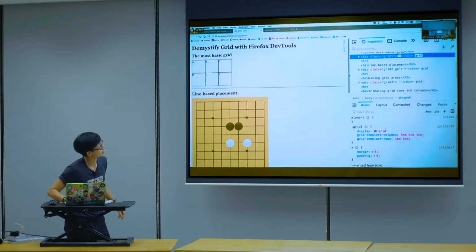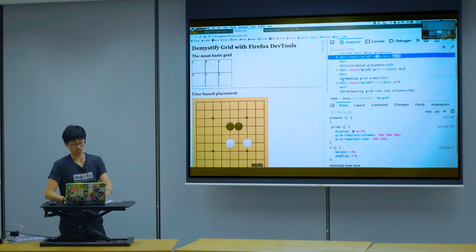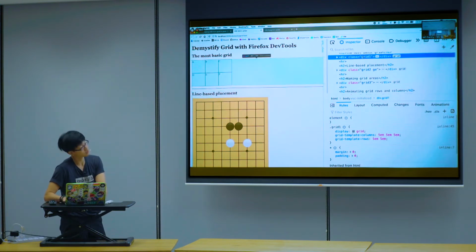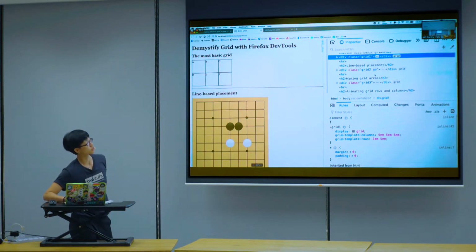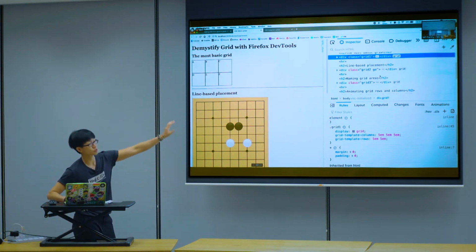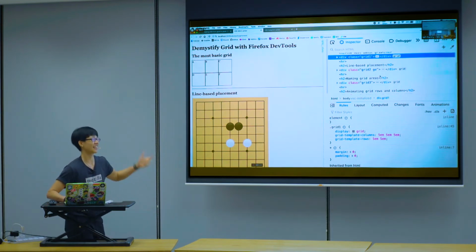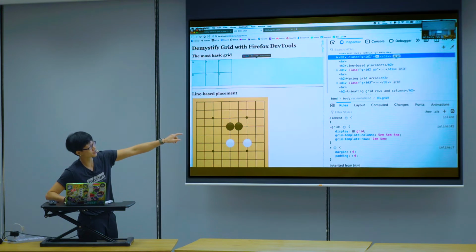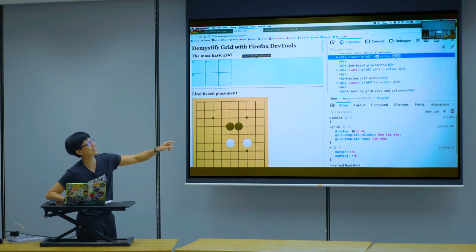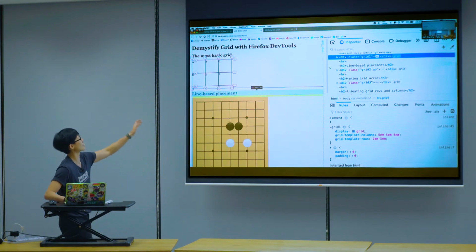This is Firefox. So when you activate your DevTools, see if you can zoom. I think cannot now. Okay, this is the max. So when you first activate DevTools, you will see in the inspector, if you are using Grid, Firefox will tell you that you are using Grid, which is great. You're like, hey, I already know I'm using Grid. But anyway, they'll show you this tag. Then on this tag, you can see the cursor will change, which means this can be clicked. So you click on it, then you activate the overlay.